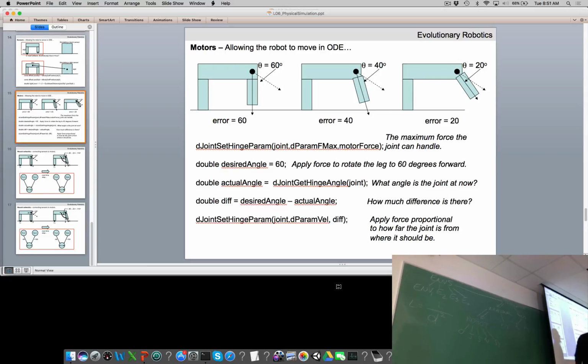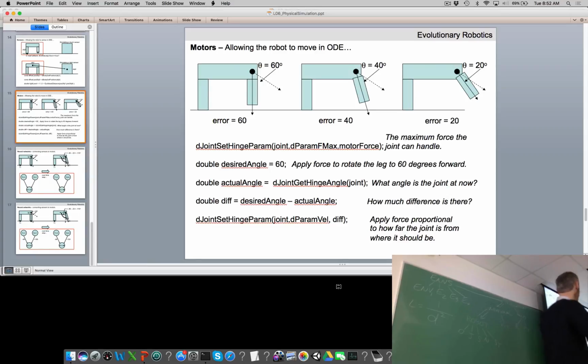Inside the code, if you connect a motor neuron to a joint, like for example this joint here, we set some parameters of the hinge joint. And one of them is the total amount of force that can be applied to that joint. That's something we set up front. Imagine for a moment that our motor neuron is outputting 60. Remember that motor neurons output a value between -1 and +1. And we then scale that to whatever the range of the joint is, which you can set. In the code at the moment, we're setting the range of the joints to rotate between -45 degrees and +45 degrees. So in this cartoon example here, let's imagine that we can really rotate between